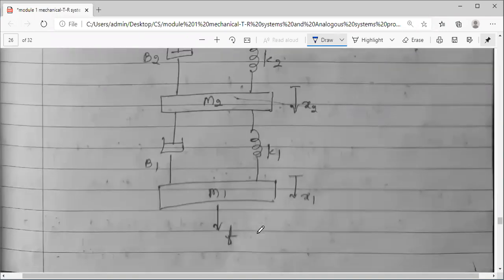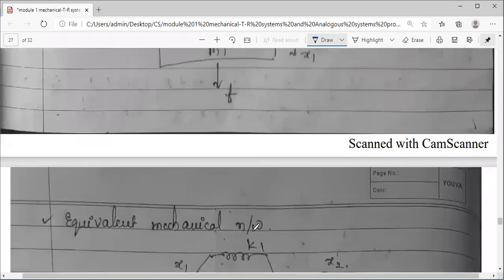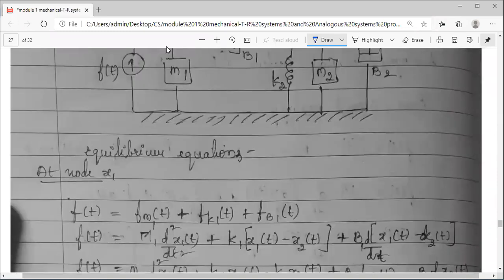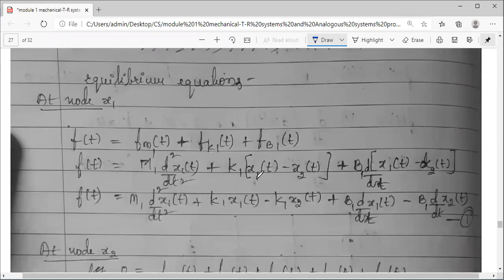So two problems we have seen, and if you have seen in your WhatsApp groups, last night I gave you one question. It looks very complicated, but once you start solving, it will become simpler. It is an exercise problem based on the translational mechanical system, the analogous system. I hope you will do it, and you can ping me for it. You can send your answers, and whoever solves it, let me verify that.